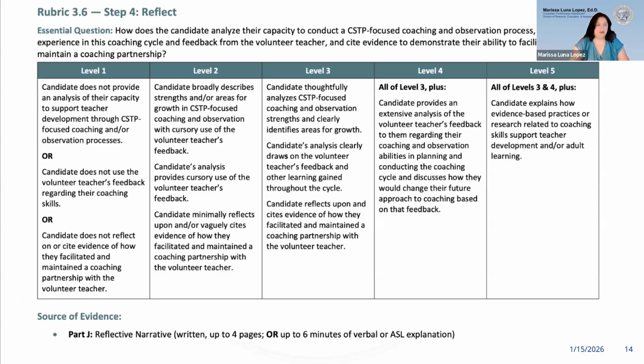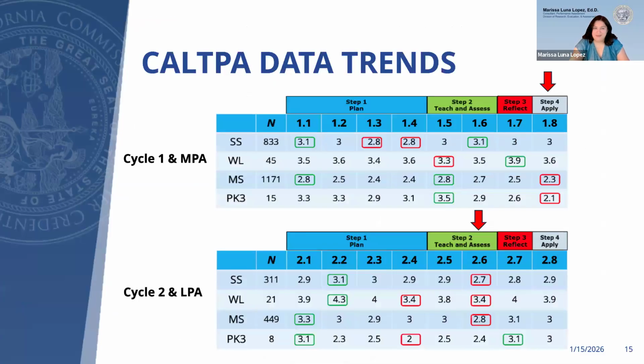All right, well, thank you for taking a look at these rubrics a little bit more deeply for CalAPA. Let's go ahead and take a look at some CalTPA trends and data. Okay, for CalTPA, we've just recently got this information as of like Friday. This is exciting stuff. This data represents from this past October through December, so a few submission windows. This is all version 1 information. So for CalTPA, and don't worry, Ed Specialists, we have slides for you too.